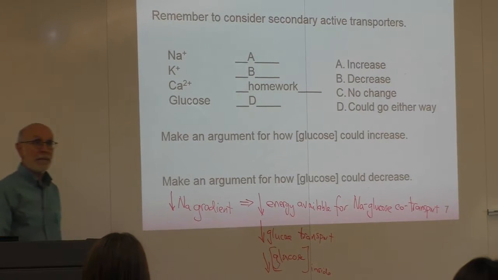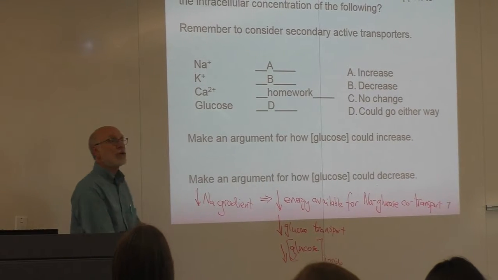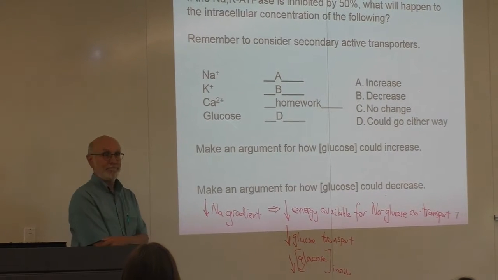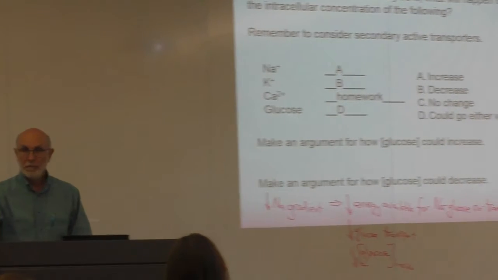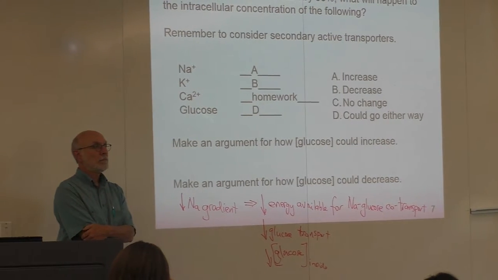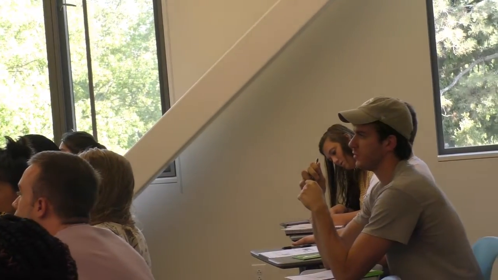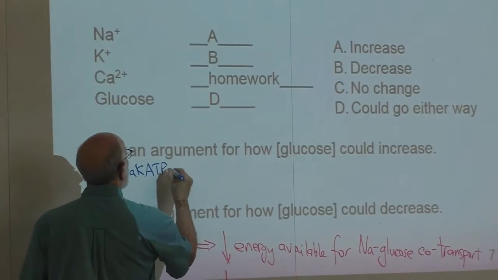Right? Does that make sense? That's applying a principle to the sodium glucose co-transporter. Good. That's a plausible argument. Okay, let's make an argument for how glucose could increase. John: There's more free ATP left in the cell, so the cell doesn't have to use as much of its glucose reserves. That's right. So inhibiting the sodium potassium ATPase